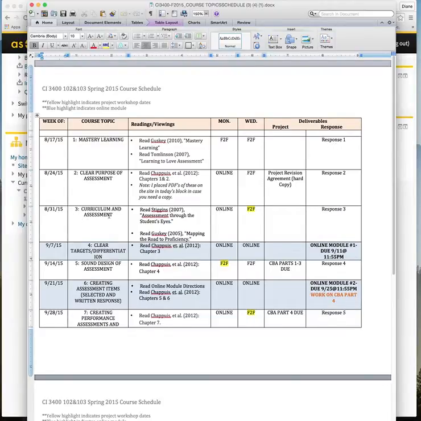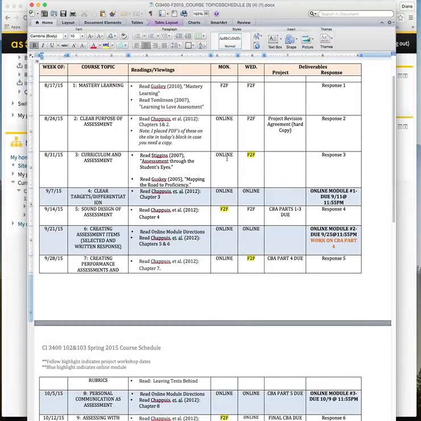If you look down a little ways on our schedule here, you'll notice that there's some dates that are highlighted in yellow. These are the dates that I have sort of scheduled for project work days. That means you'll come with all your resources, your laptop, whatever you need to work on your project. I'd like to give you some time in class to work on your project because you might be meeting in groups, or you need to ask some questions and need some help from me. So it's a really great time to get one-on-one help.